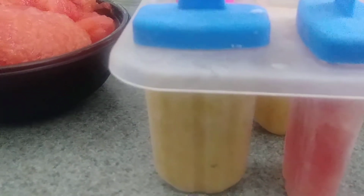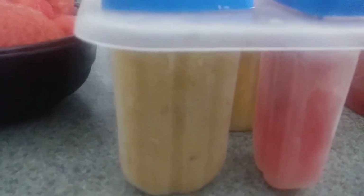Here's a little thing. This is pineapple ginger turmeric. This one is the watermelon. I got 2 of the pineapple ones. And then I had some unsweetened iced tea and I squeezed some lime in it. I put lime in just about everything. So yeah, those come out really good. It's a nice little snack. It's a juice bar. So I use the juice from the watermelon and then sometimes I put little pieces of